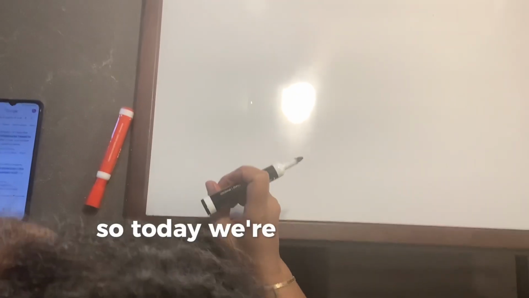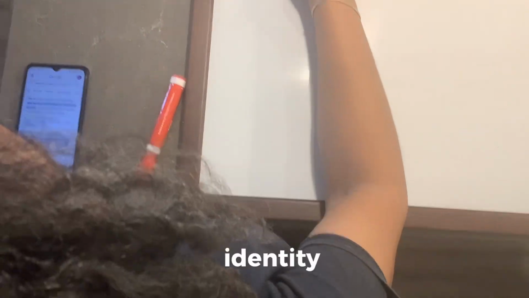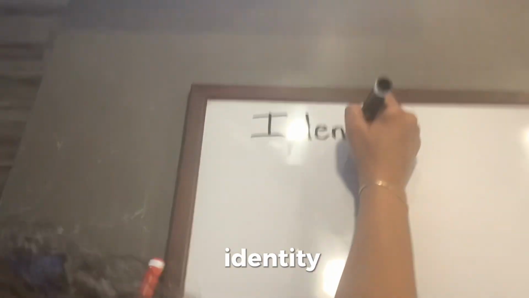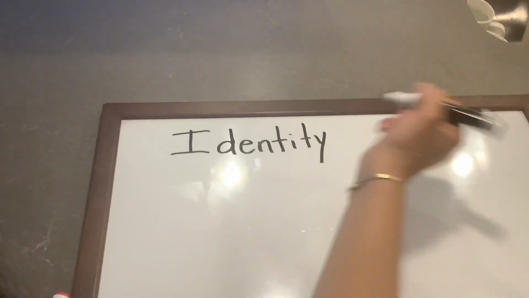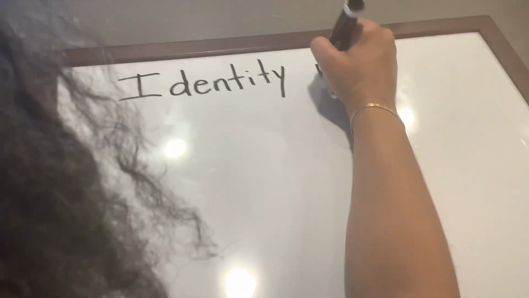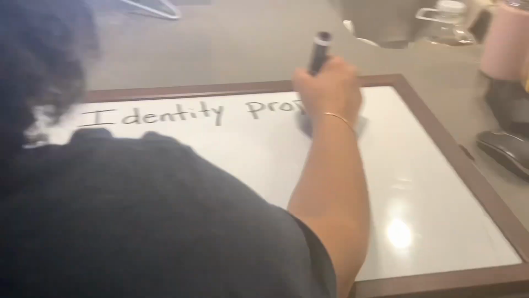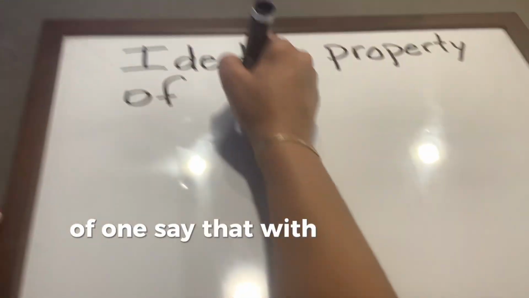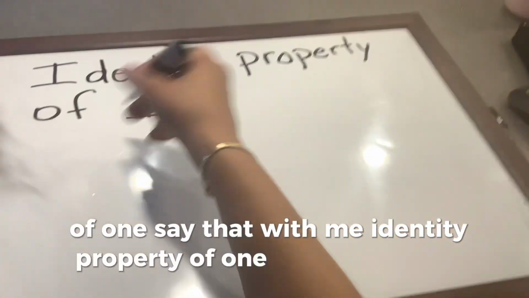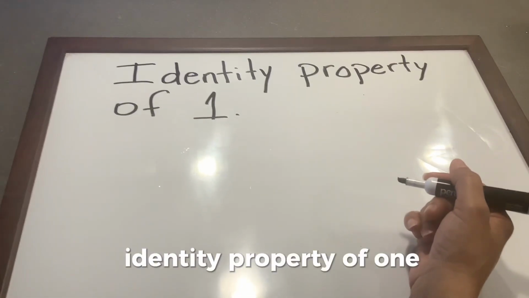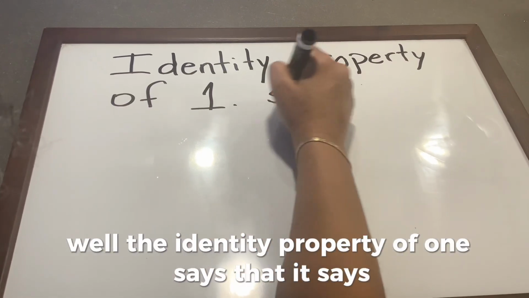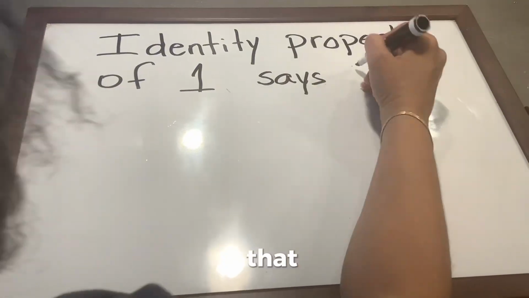Hello, so today we're going to talk about the identity property of 1. Identity property of 1. Say that with me. Identity property of 1. What does that mean, identity property of one? Well, the identity property of one says that